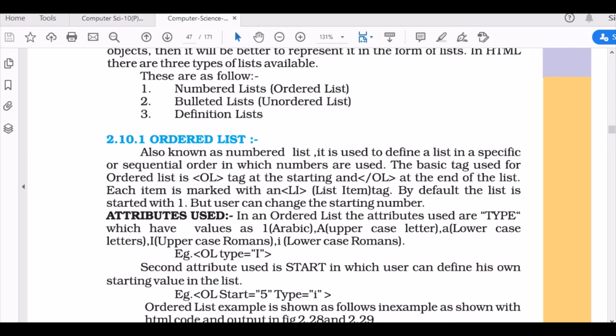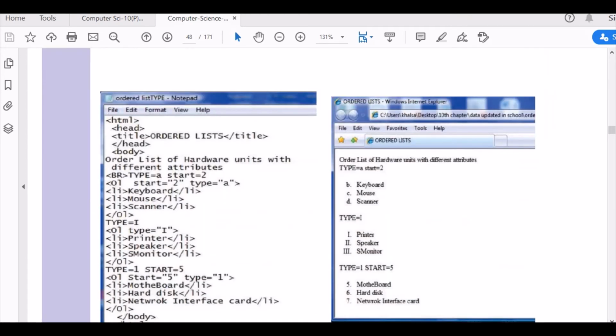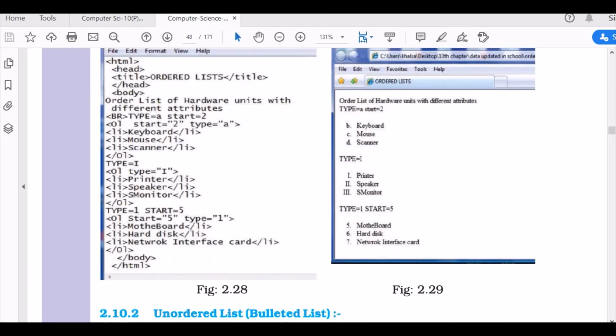As the name suggests, ordered list, 1, 2, 3, 4. We'll continue from here, and this is how you use it. You start with HTML, then head. When you start a body, you type something, and you start with the order list, OL.